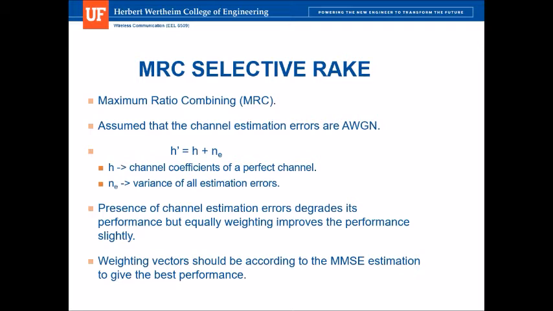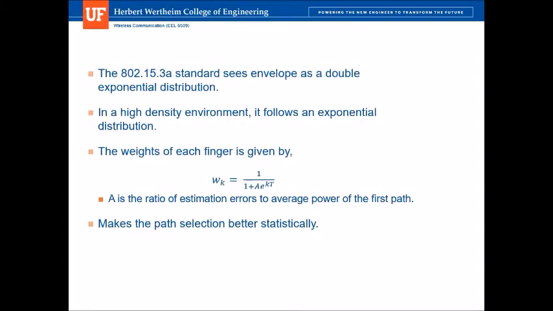The presence of channel estimation errors degrades the performance of the system, but this can be modified by equally weighting the rake receiver fingers. But the performance improves only slightly. So weighting vectors should be weighted according to an MMSE, minimum mean square error, estimation to give the best performance. Using the 802.15.3a standard, we can observe that the envelope